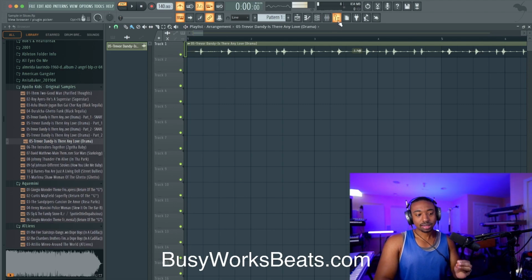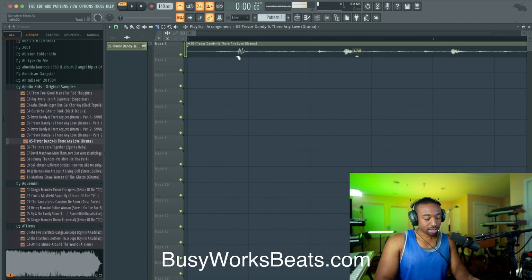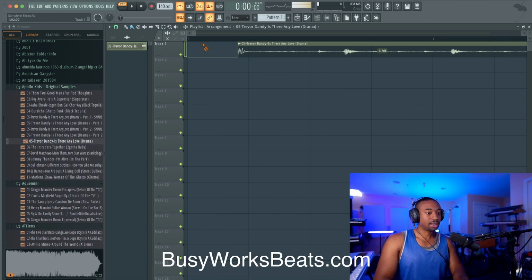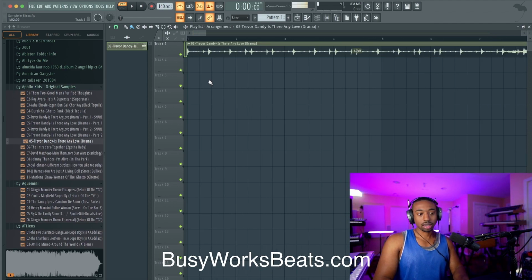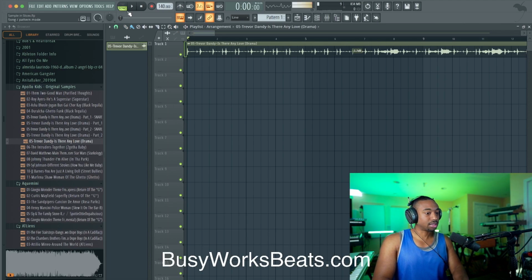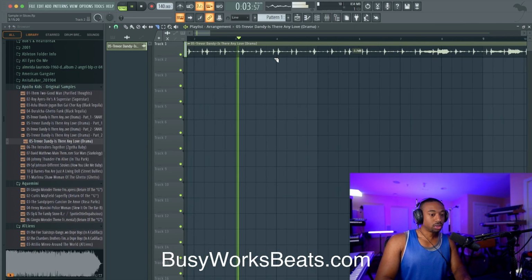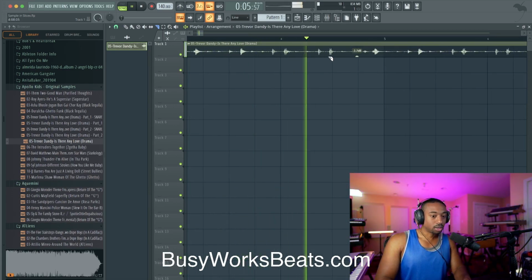The reason I do this, it's a lot easier to chop and move stuff around. Let's grab this slice tool, hit Shift-Alt to do a vertical slice, and we're going to slice right at the downbeat and just drag the audio to the left. Don't worry about time stretch right now. So turn off your metronome. Now we're just going to listen to the song mode. 1, 2, 3, 4, 2, 2, 3, 4, and slice.